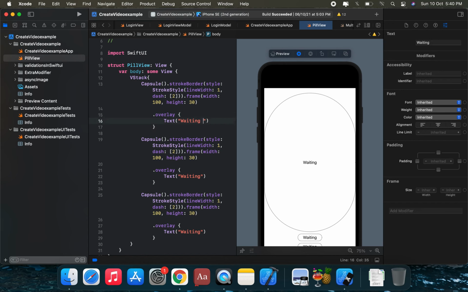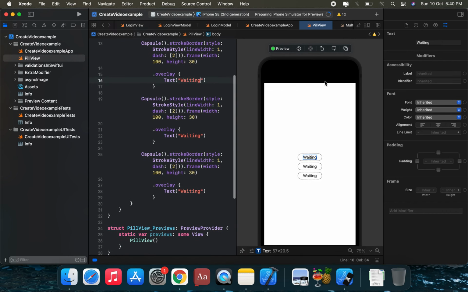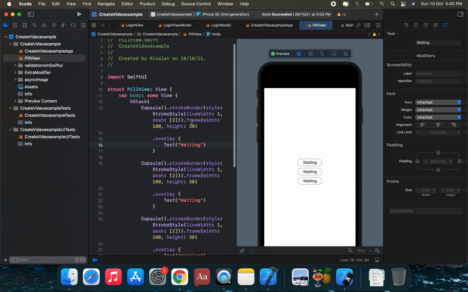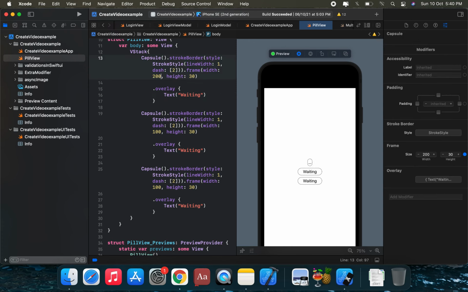Create this pill view in SwiftUI. This is a margin applied on this SwiftUI pill view. Okay, now the text is applied on this. Suppose this is the text and overlay in this frame, but it's not applied on the frame in this pill view. Suppose we apply a width of 200 and a height of 60. We apply this in the video.